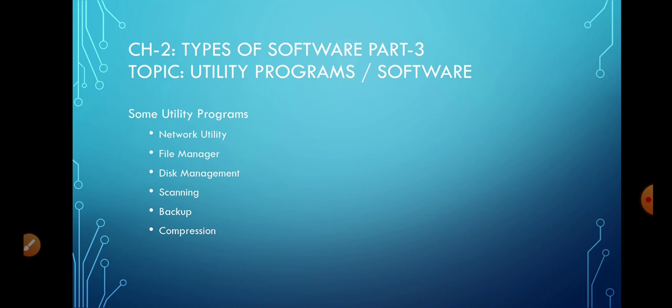First one is network utility. What is network utility? Network utility checks the network connectivity and configuration of network devices. Like in the computer lab, all the computers are connected to one master computer. It also examines the network speed and performance, monitors network traffic from the console and tracks the bandwidth usage, the internet part.